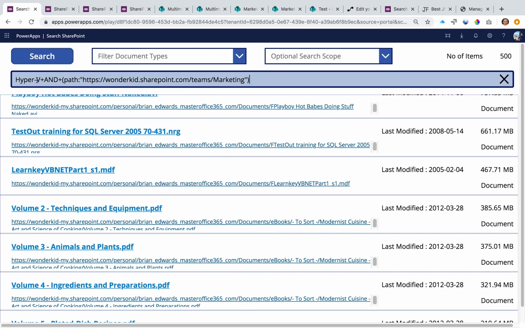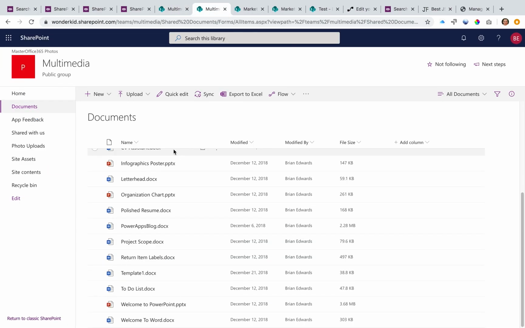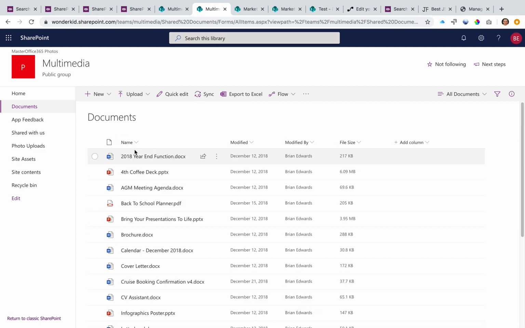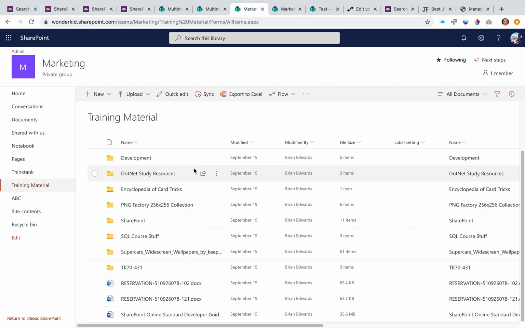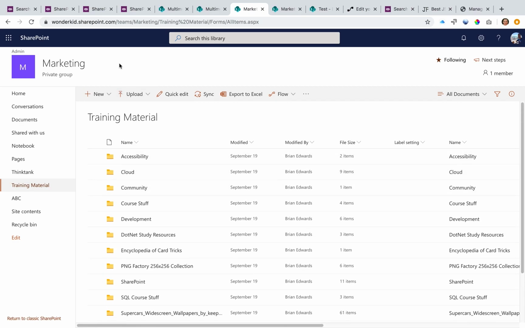And what I'm doing now is I'm searching for a search term, Hyper-V. Just to take you across to my multimedia site, you'll see there's a bunch of documents. There's also a bunch of different libraries in the site. One of the libraries is training material. Within the training material library, I know that there's something called Hyper-V somewhere, but I don't know exactly where